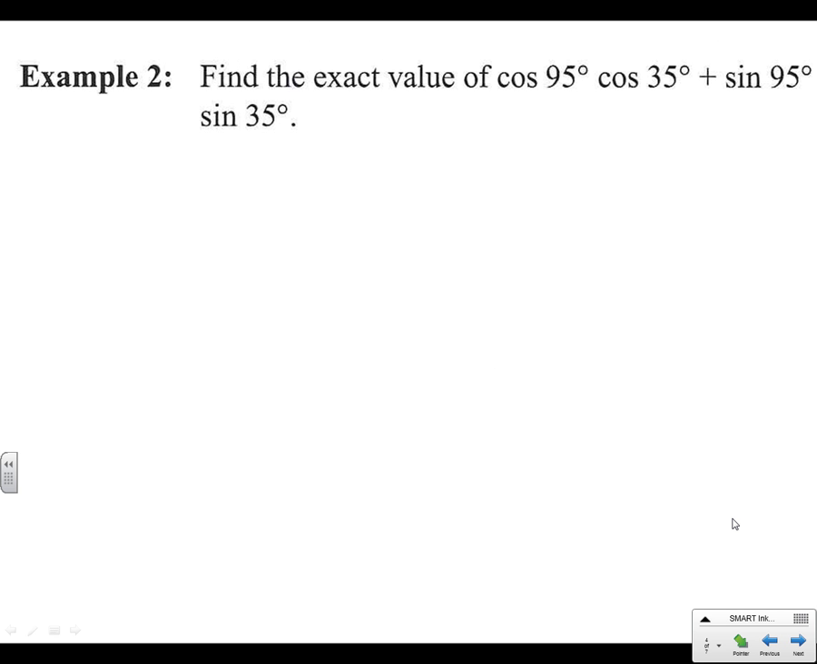Let's try one more. Find the exact value of cosine 95 cosine 35 plus sine 95 sine 35. All right, so we're going backwards here. We're trying to find which formula this works with. Notice it's cosine cosine to start, so this must be a cosine formula. Since it's plus in the middle, when we look at the formulas, that means it must be